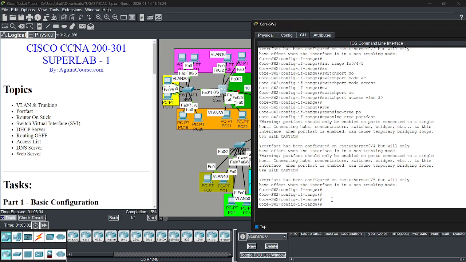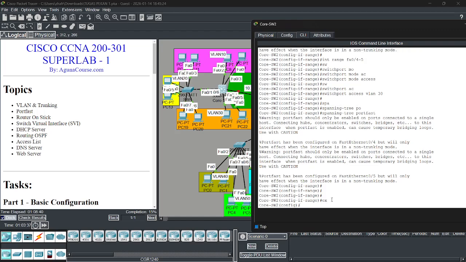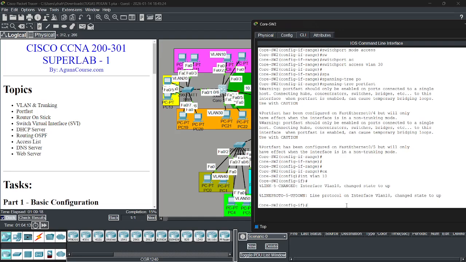Okay, we add the DHCP in this multilayer switch. We go to interface VLAN 10, and then we add the IP address.